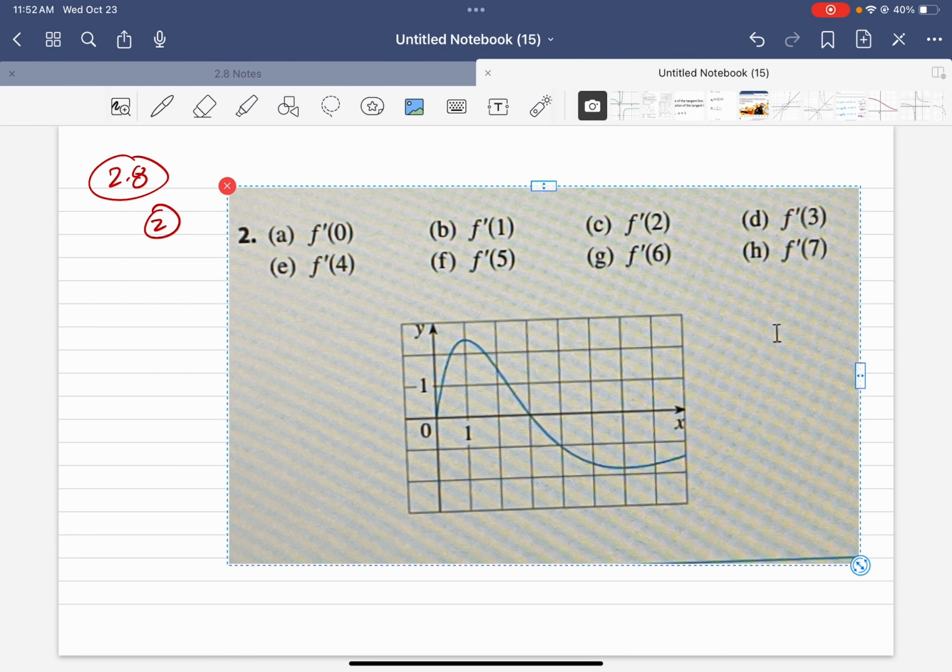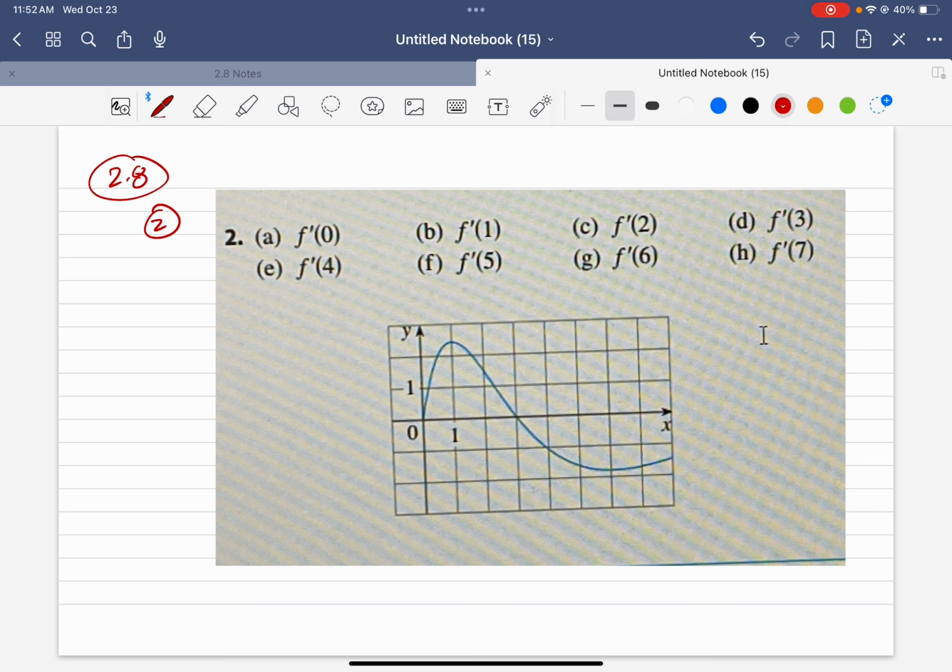So we know that the derivative is the same as the slope of the tangent line. So it looks like at 0, if that is my tangent line, the slope is approximately 3 over 1. So I'd say that that's approximately 3. At 1, it should be pretty clear that the derivative looks like it's 0. At 2, looks like we're going like that. At 2, it looks like it's about